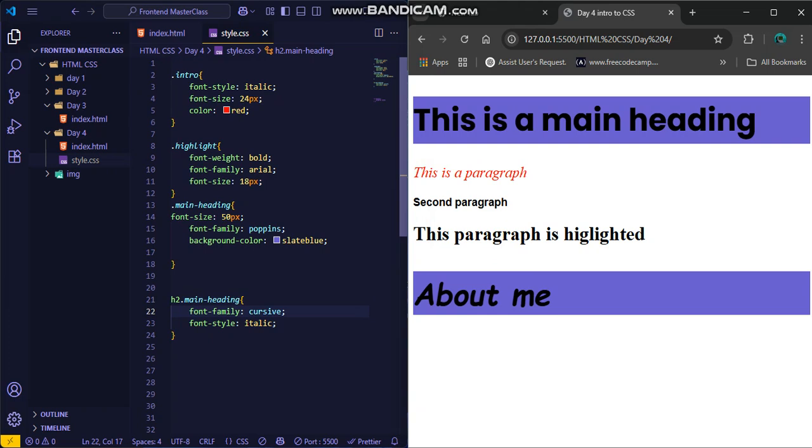Okay, actually, let us learn about IDs. They are for unique elements in HTML. Use IDs sparingly, only for unique elements that appear once per page. So the way IDs work is that,